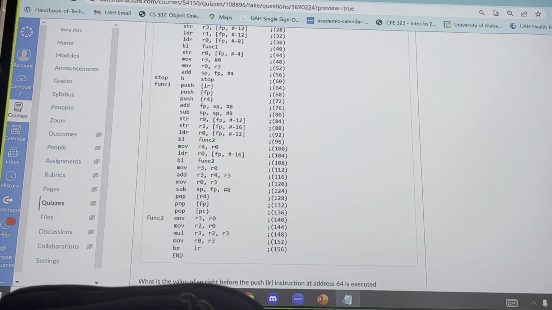All right, so the value at the instruction at address 44, where's that? Right here. That's after a branch link. So you need to figure out where this ends. Unfortunately, yes. It's also got a branch link. Nested functions. Which means you have to know what that branch link is going to do. You go here, there's no push or pop here. You need to make sure you keep up with the stack very closely.